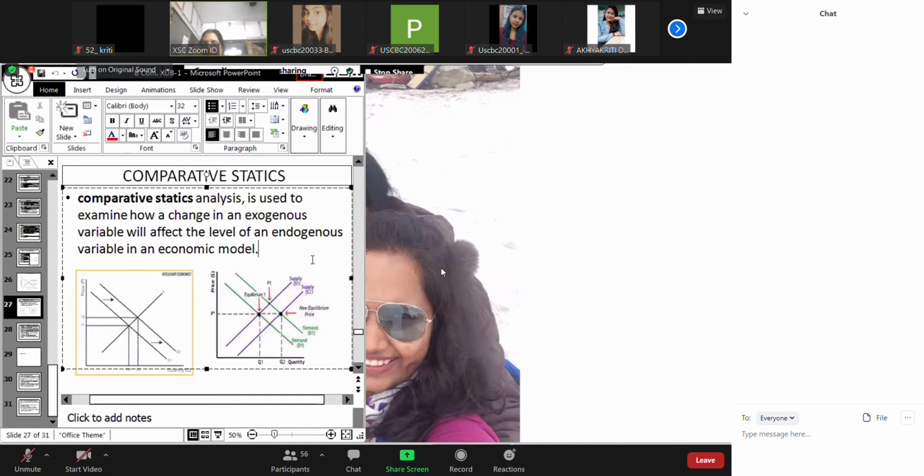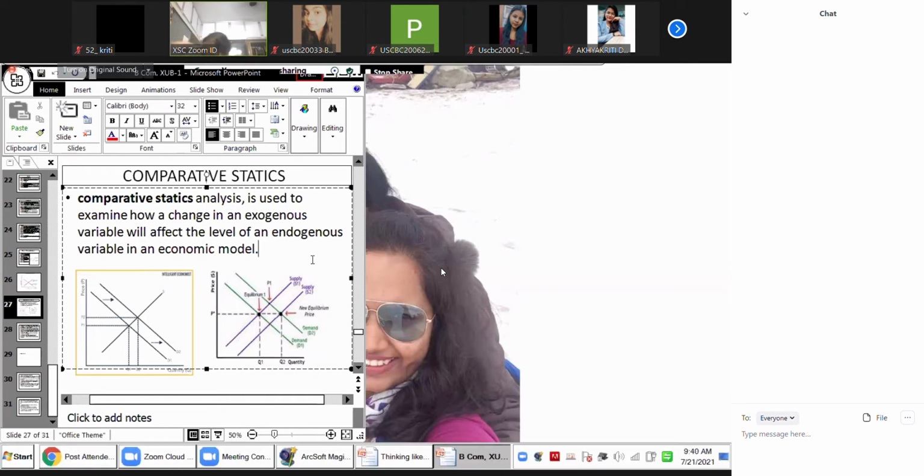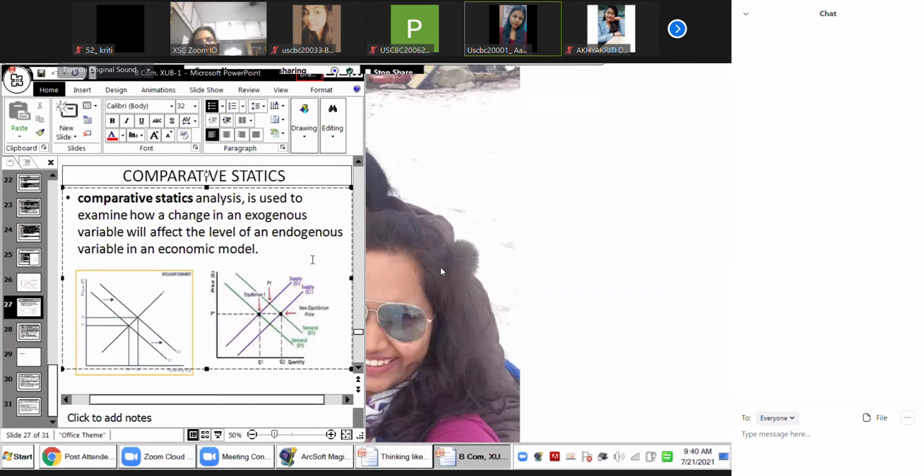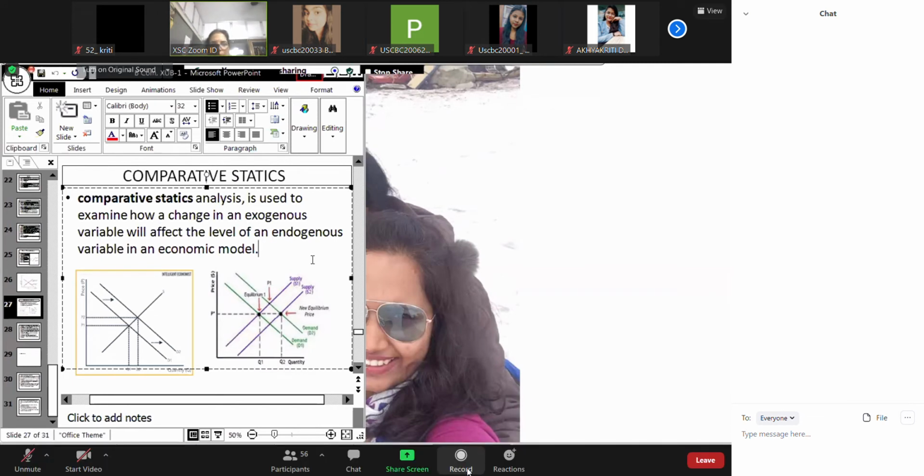So let me know, what do you remember? What is an exogenous variable? Anybody, say, raise your hand. What is an exogenous variable and what is an endogenous variable? Exogenous variable is where the value is fixed, and endogenous variable is where the value is to be determined. Very good. So endogenous variables are the variables which have to be determined, and exogenous variables are already given for the system, or for the model we are considering.